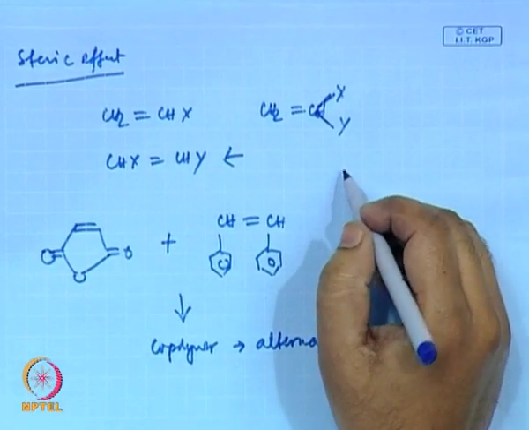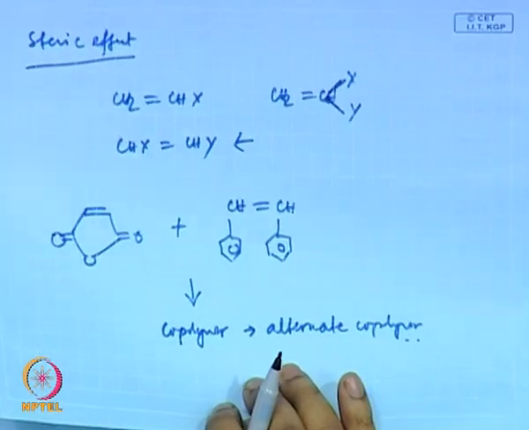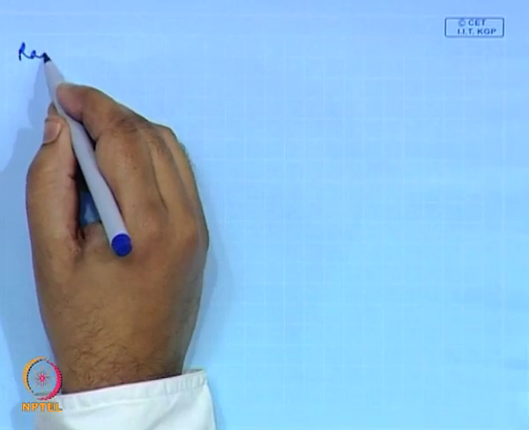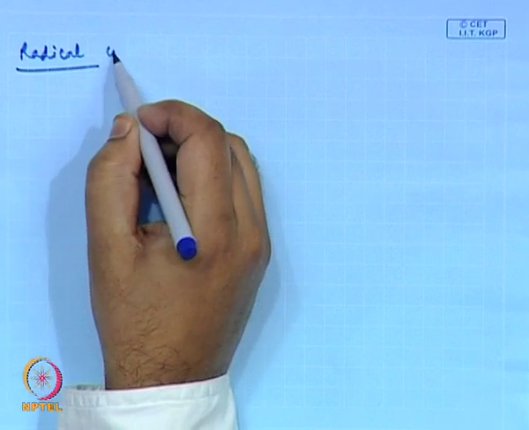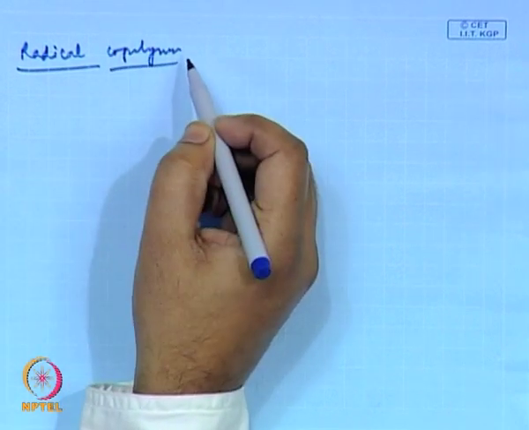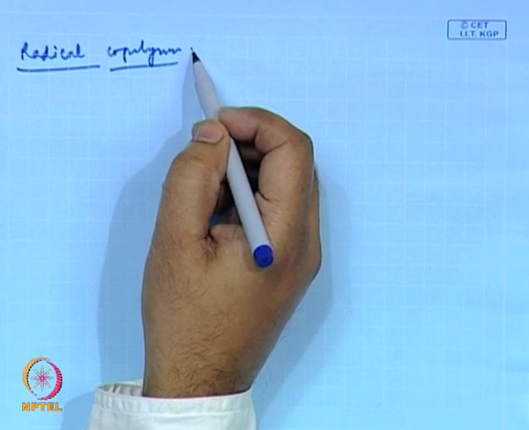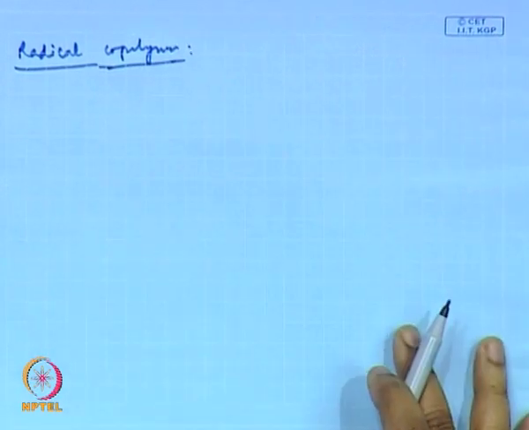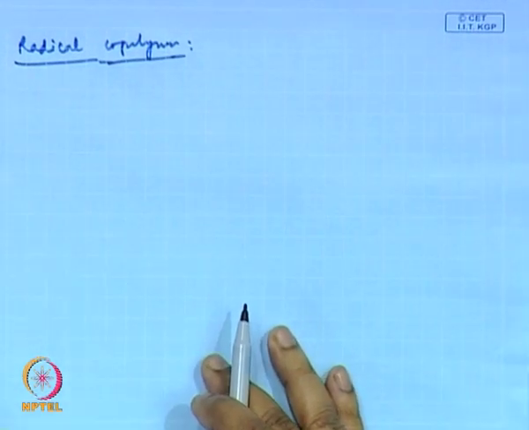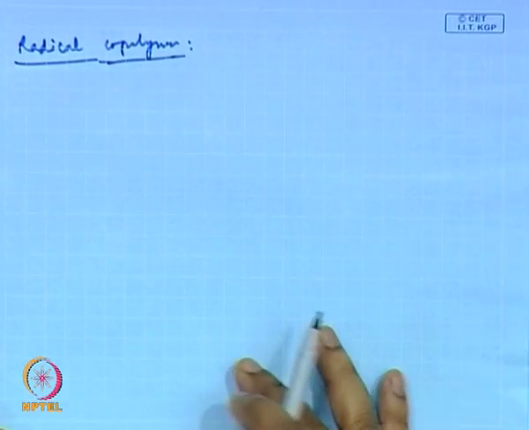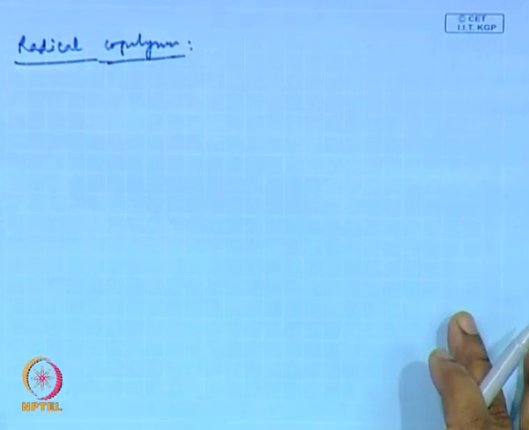Just to give you some numbers about the steric effect, let us skip that for the time being. Now, in the case of radical copolymerization, the reactivity does not depend too much on the reaction medium. However, if the availability of monomers is different, then that affects their availability in copolymerization. As a result, you can get effectively different composition which is not predicted from their r1 and